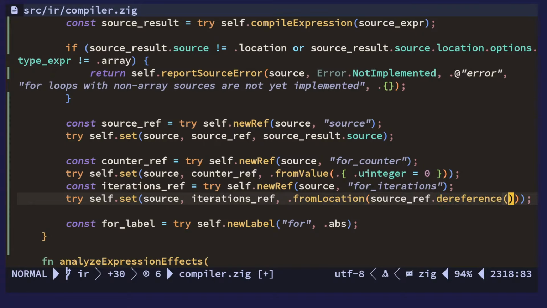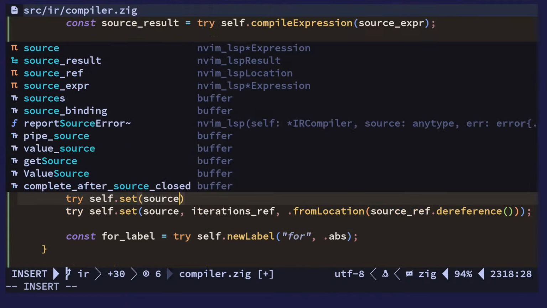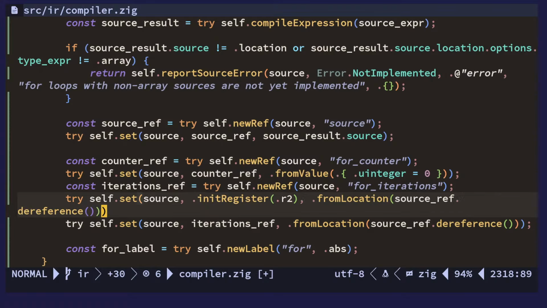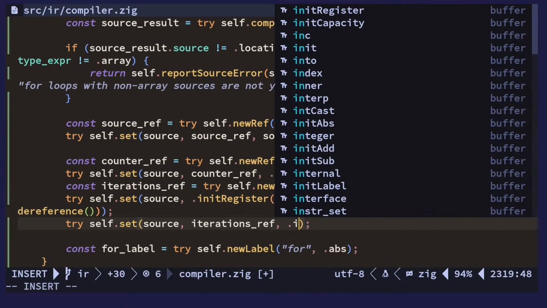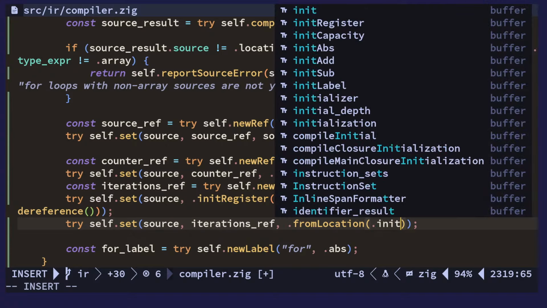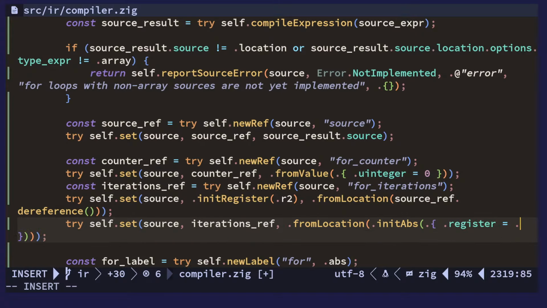But that would just give us the pointer to the array, so we need to dereference that as well. So actually, let's use R2, which is a general purpose register, to first set this there, and then we're going to use from location init, absolute register R2,